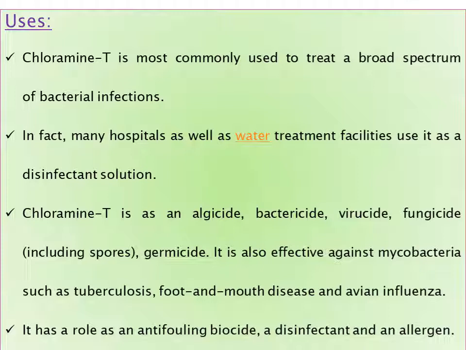These are the various compounds that come under the category of benzene and its derivatives. We studied in this video the structures, uses as well as synthesis of four important compounds. One is DDT, BHC, saccharin, and the other is chloramine T.